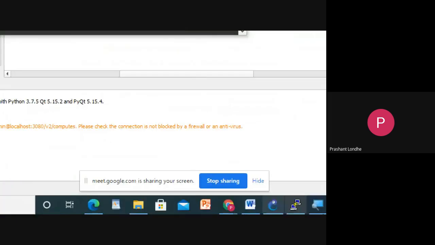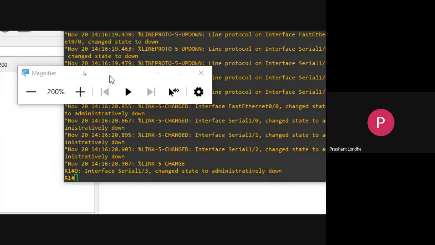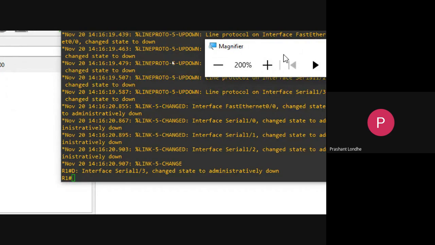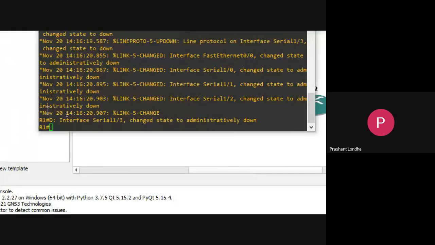I hope it is visible. Is it visible now, or should I zoom out more? It is visible? Yes, sir. Okay, fine.